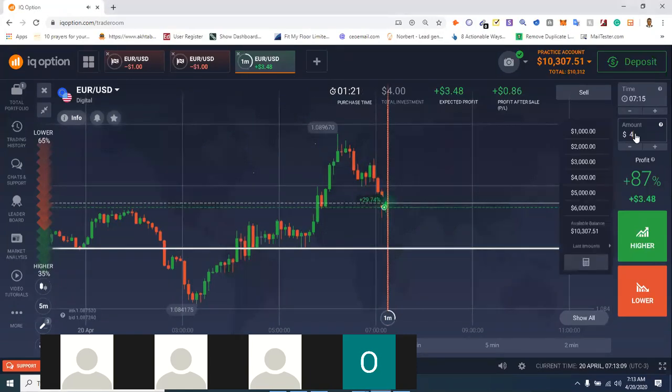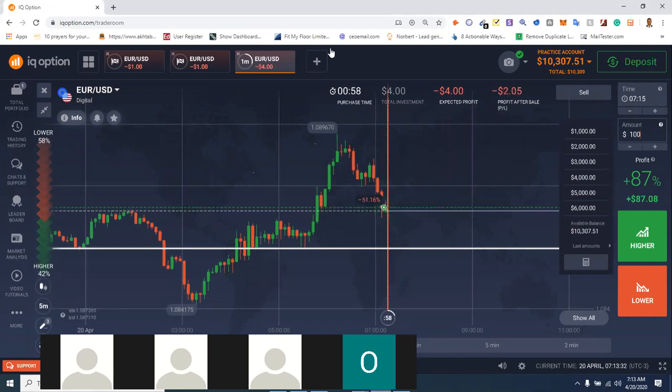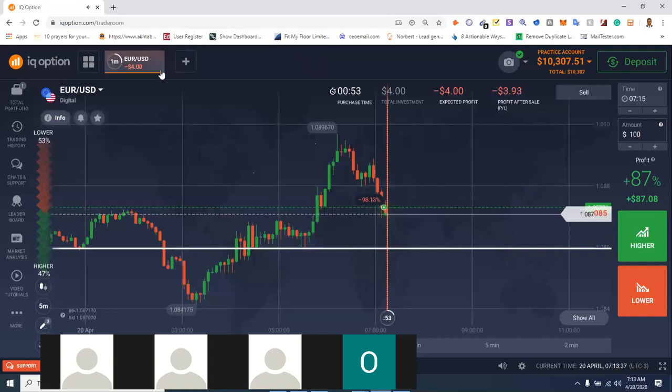So I'm going to set $100 for the next trade. So this trade is just to show us how to do martingale. So I'm going to close all these trades. I believe we all understand how to do martingale now. So I'm going to be closing this and this as well. I will leave only this.